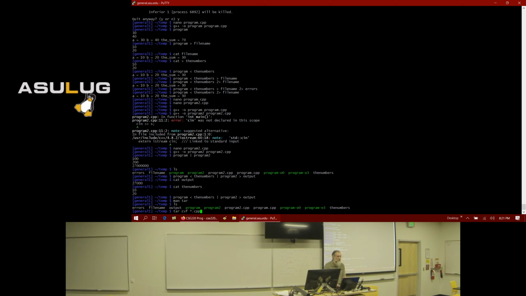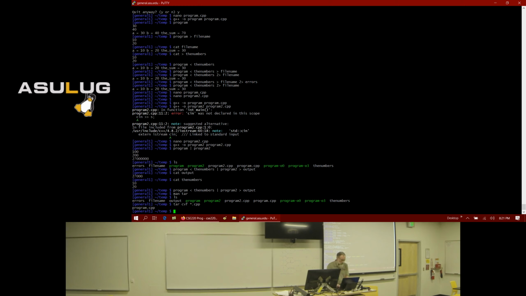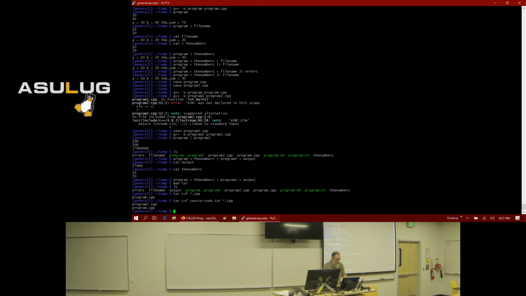So I can just do that. And then what happened here? Oh, I got to specify the name of the tar archive. So these are my source code. And a tar file usually has a .tar extension.